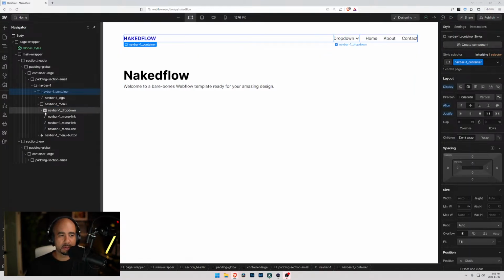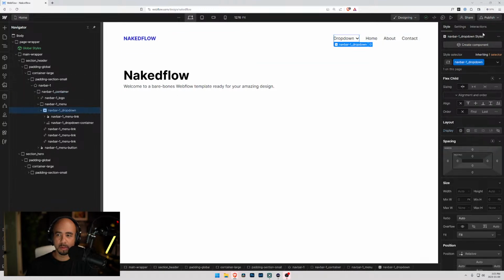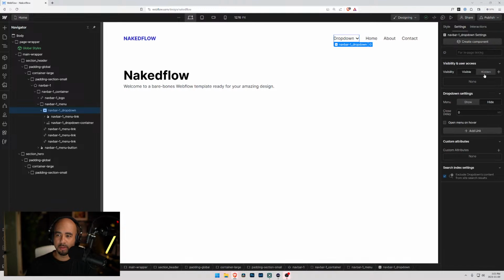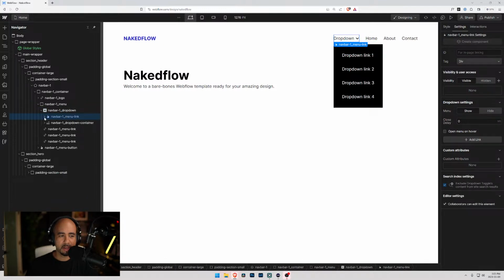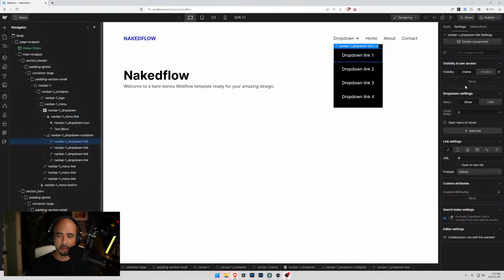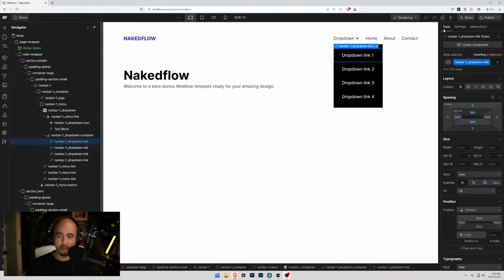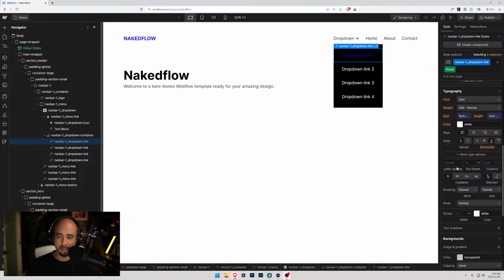So let's see if we can show it here. Okay, so everything looks fine here, but I think on the actual, I think we need to go take a look at the hover